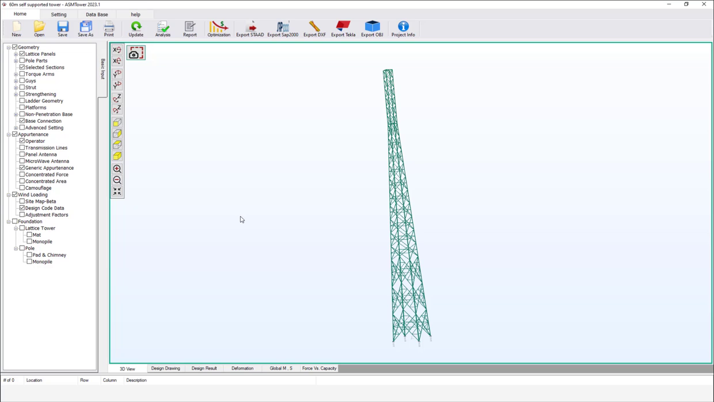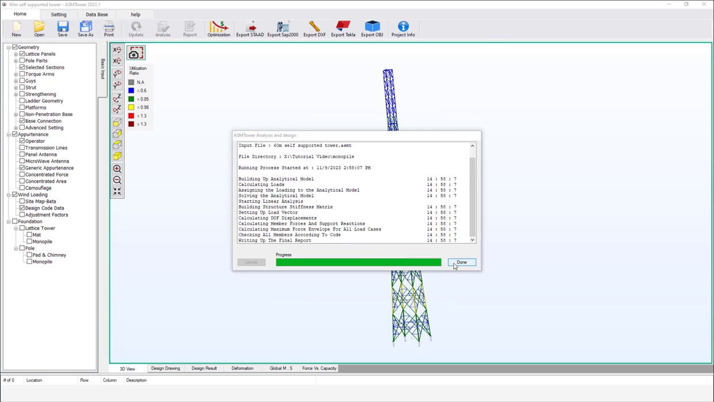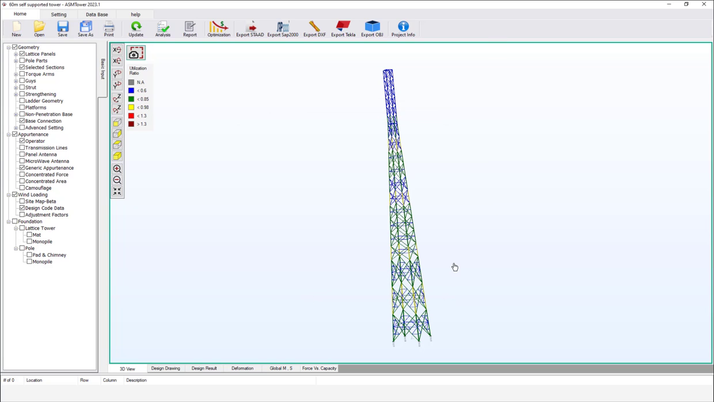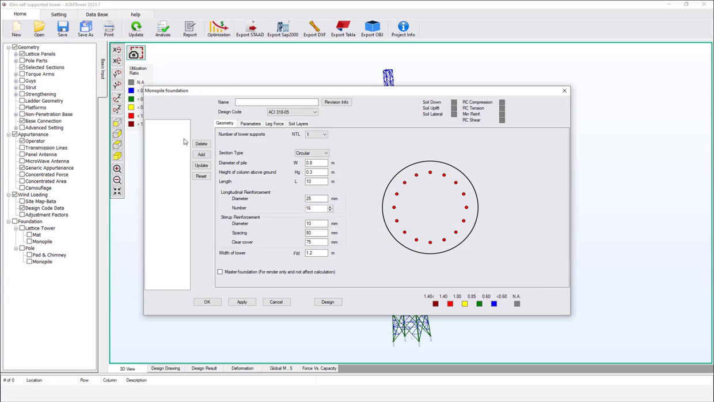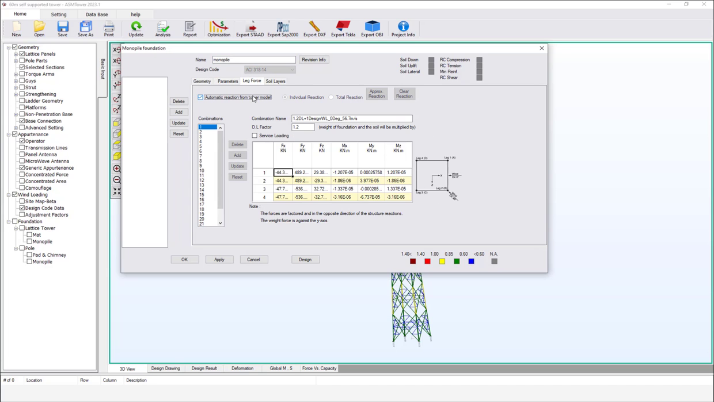First, we need to solve the tower to get the reactions ready. Click Analysis button. Click OK. Click Done. From Lattice Tower Group, open Monopile dialog box. Enter the name of the foundation. Select Leg Force tab. Check Automatic Reaction box, to let ASM Tower reflect the reactions from tower to the monopile